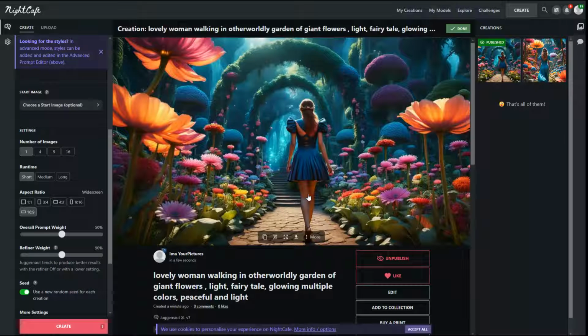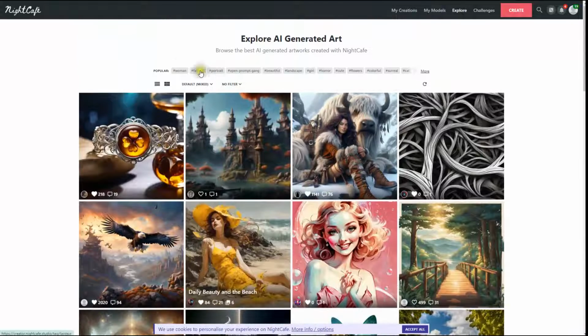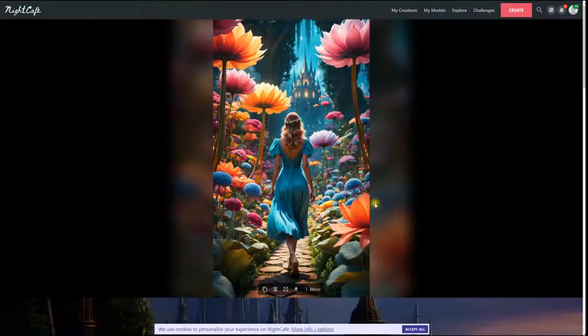And basically it's asking me, did I want to receive notices? And I said, no, I don't want to receive notifications on my window. Now we go in, and I'm going to go under Explorer, and these are the tags that you can actually just simply click on and then find other artists who are using those particular tags. So they're very, very easy to find work in that way that are all similar.